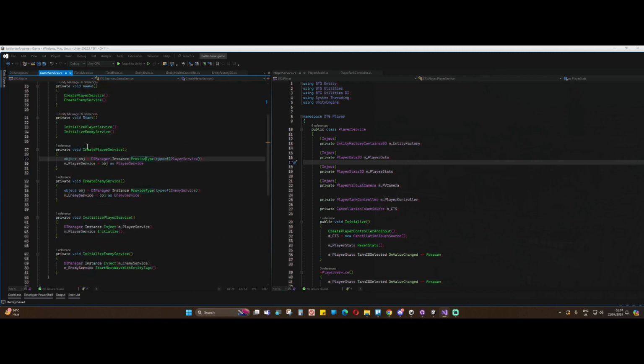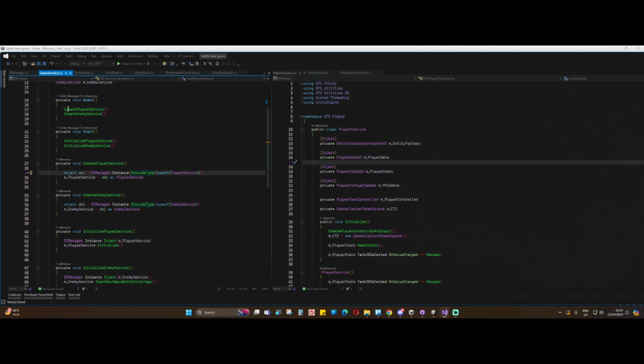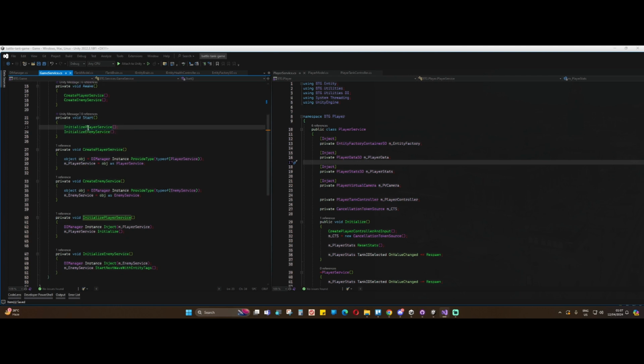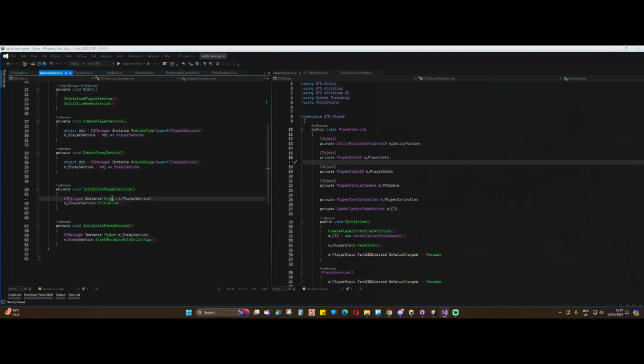And once I'm getting the player service registered, provided in the DI manager registry, what I'm doing is in the Start method, after all the providers have been provided. The providers should be provided in Awake, and the injectors should start at Start. After all the dependencies have been provided, only then will we search for the dependencies and inject them. So that's why in Start I am using DI manager inject player service. It will take my player service, search for all the inject attributes, and put the dependency injection